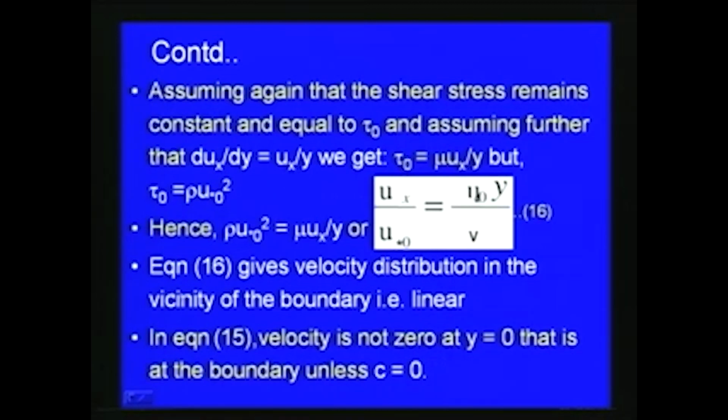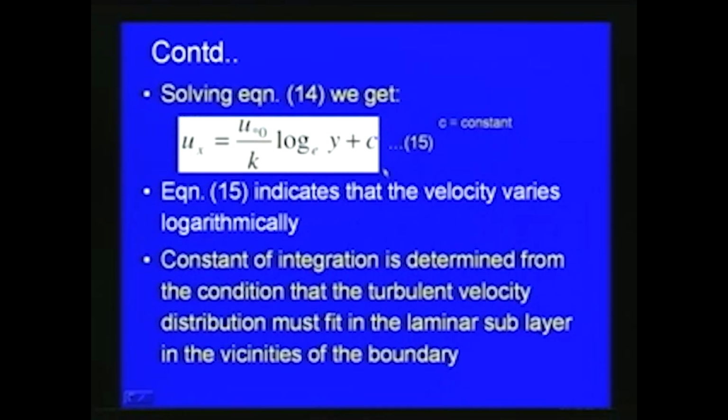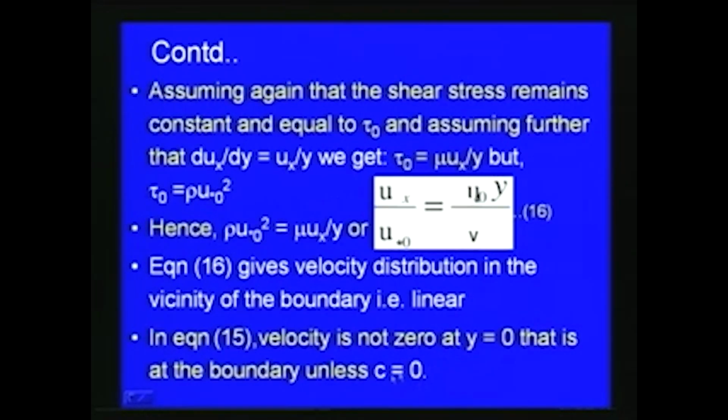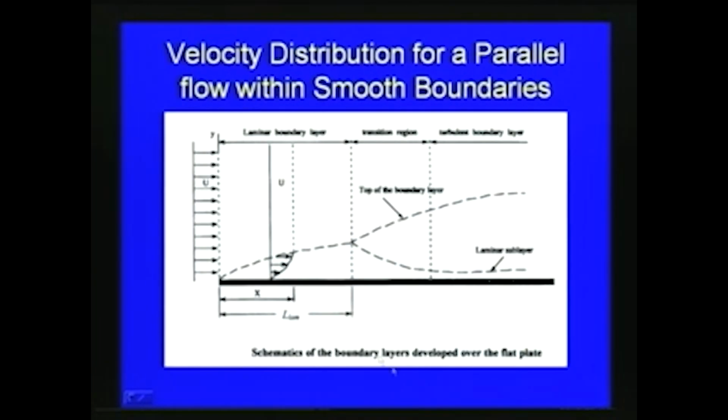You can see that in equation number 15 the velocity is not 0 at y equal to 0, whereas actually the velocity should be 0 due to the no slip condition at y equal to 0. So, this is possible only if c is equal to 0. All this, what we are discussing here, is explained with respect to flow over a flat